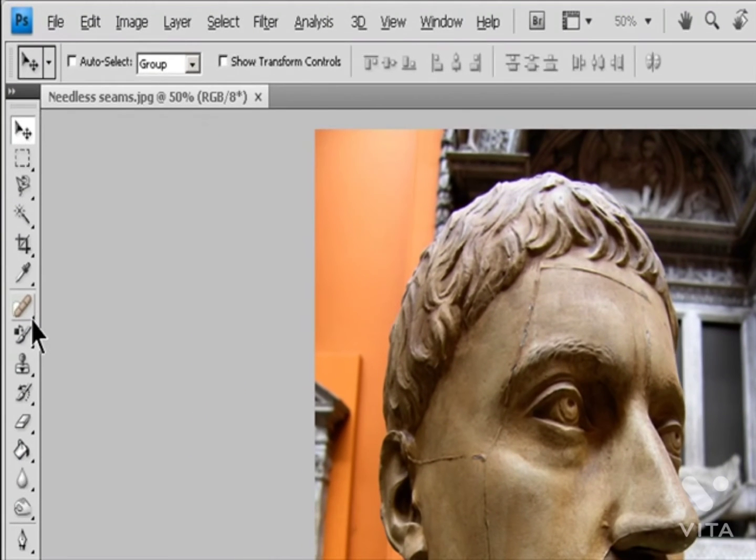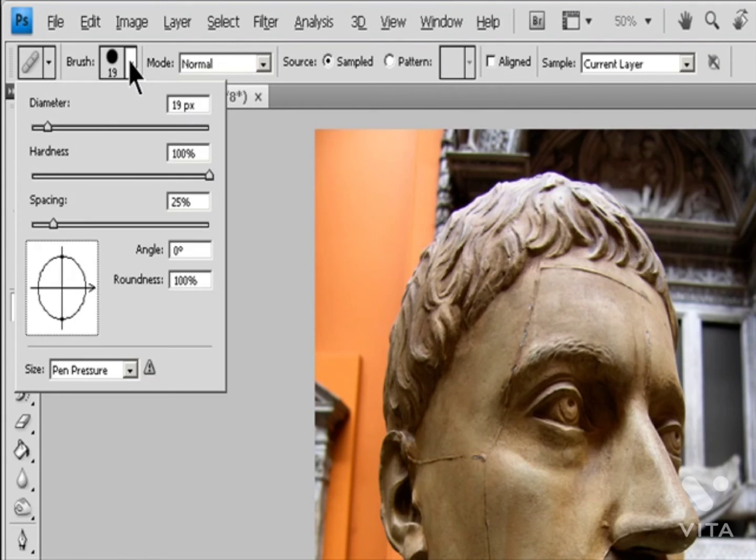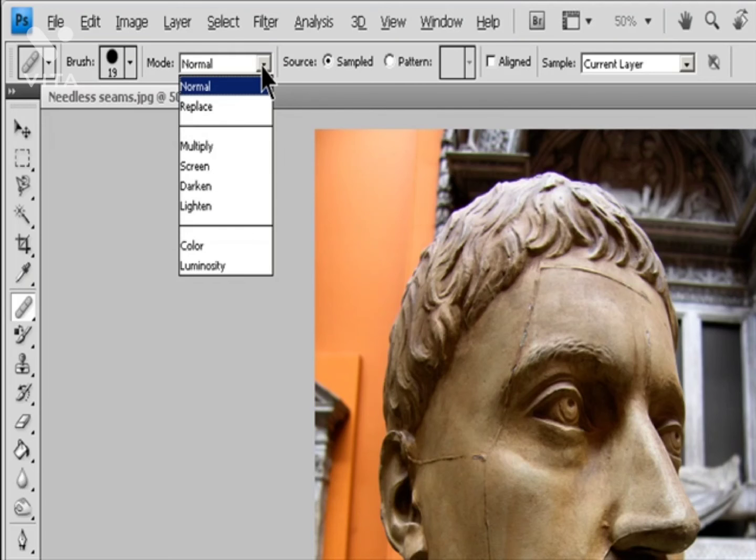Select the Healing Brush tool. 1. Click the brush sample in the options bar and set brush options in the pop-up panel. Mode specifies the blending mode. Choose Replace to preserve noise, film grain, and texture at the edges of the brush stroke when using a soft-edged